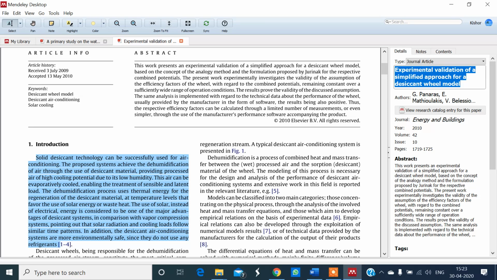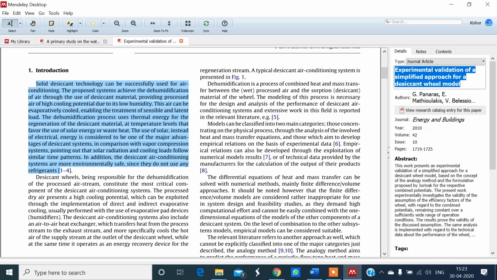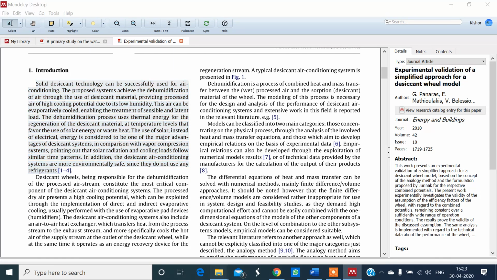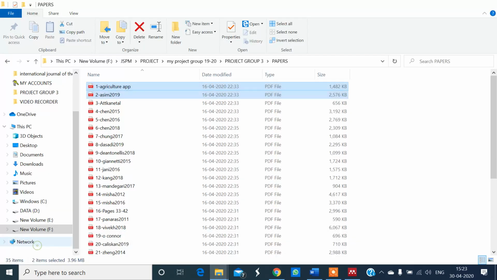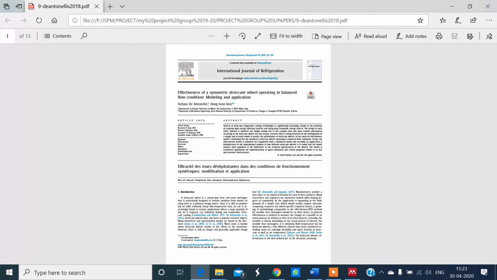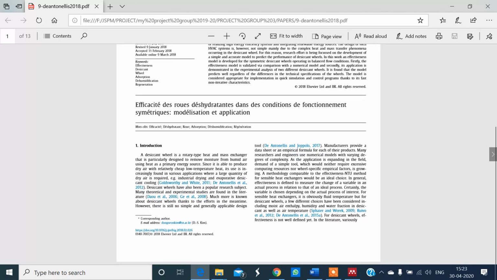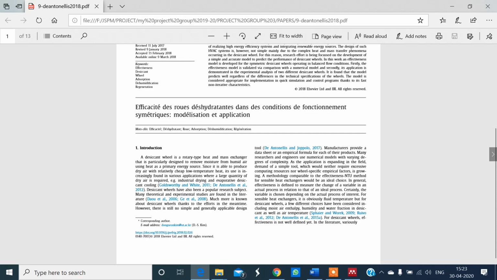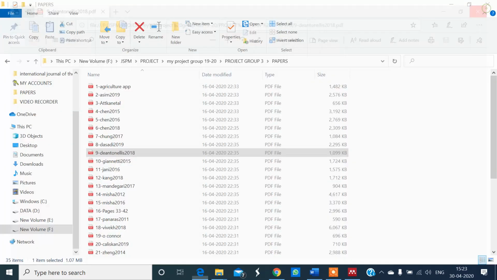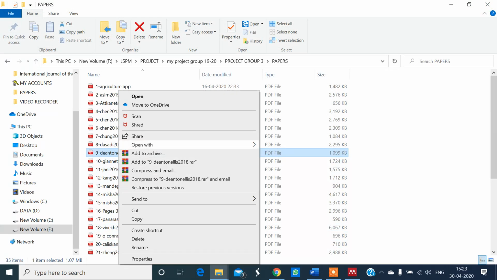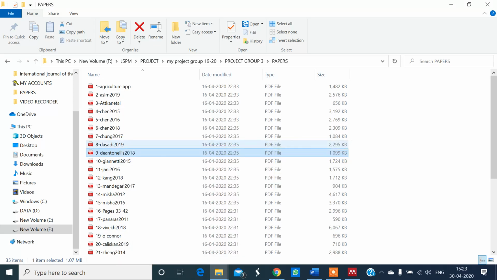Here I have taken material from the Mendeley. I can take material from an available paper also. I am opening this file and I am taking material from the hard copy which is available with me. I will open it in Adobe Reader.